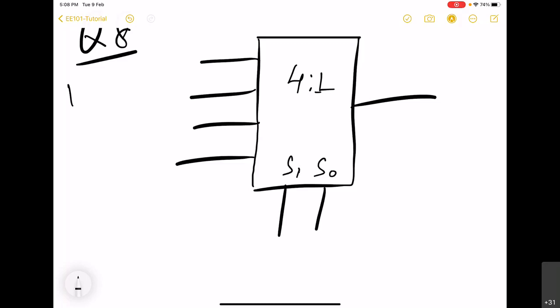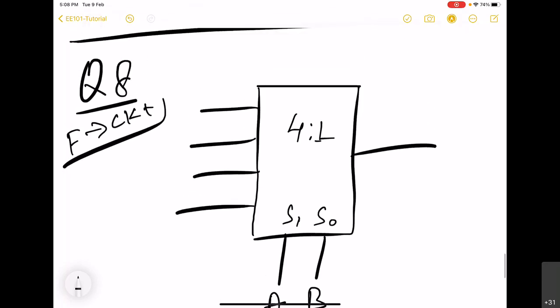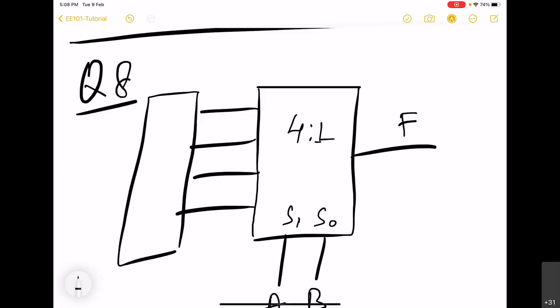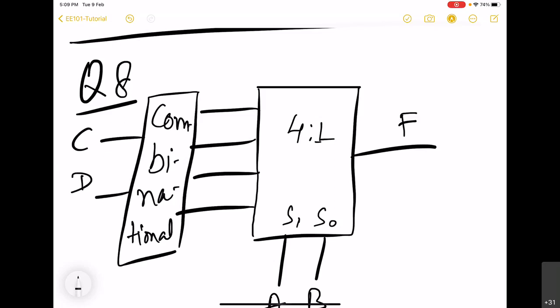In this function to circuit implementation, we give the higher inputs, for example A and B, to the selector pins. The output of course is going to be F, and on the input side we have to put a set of combinational circuits which will be fed with C and D.